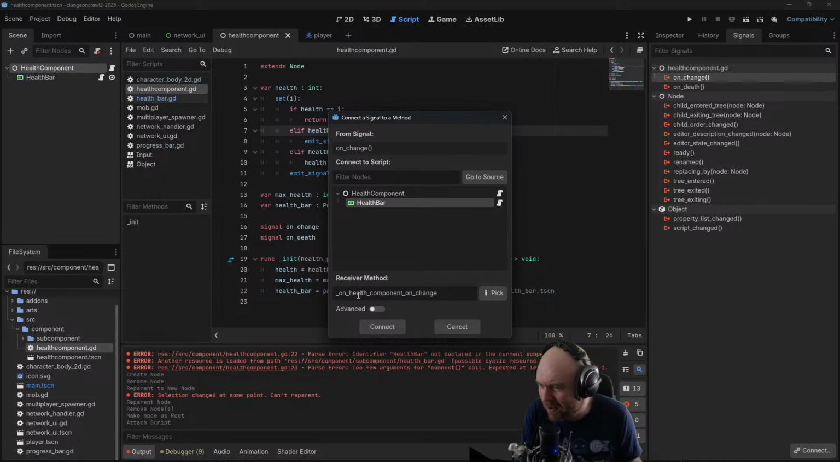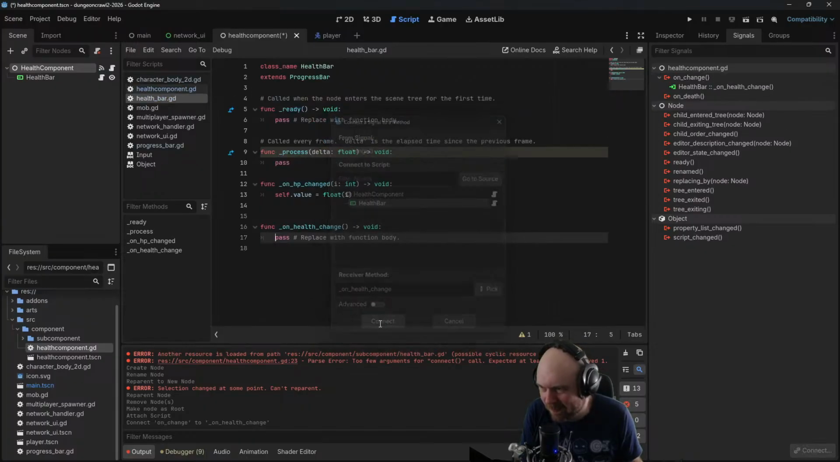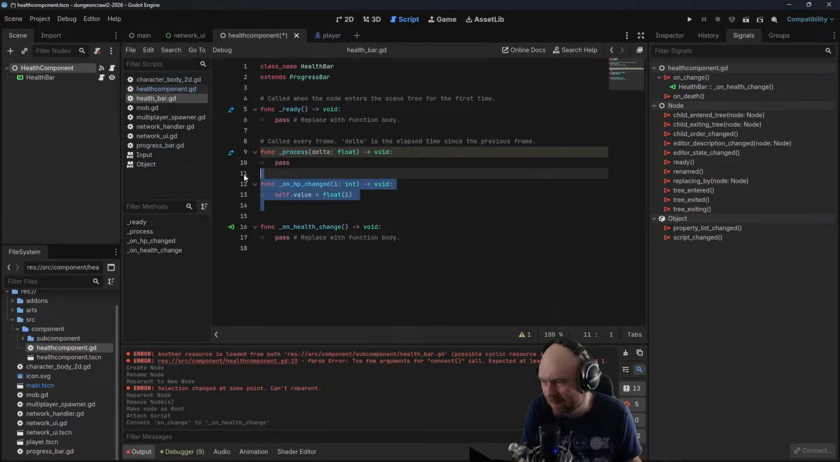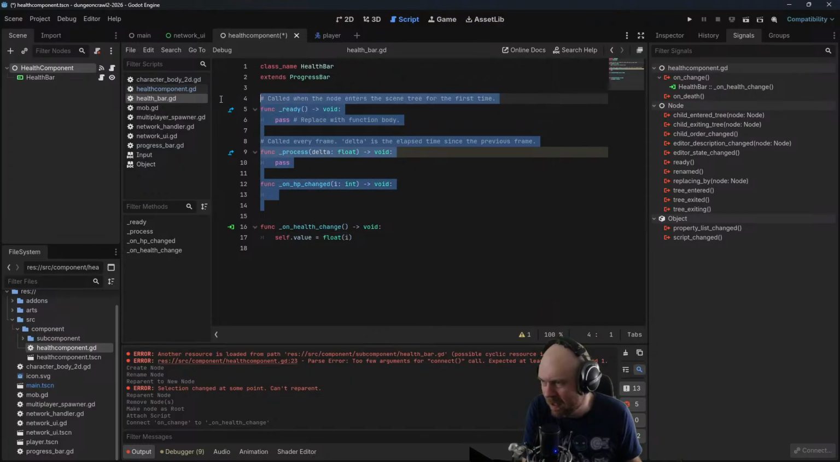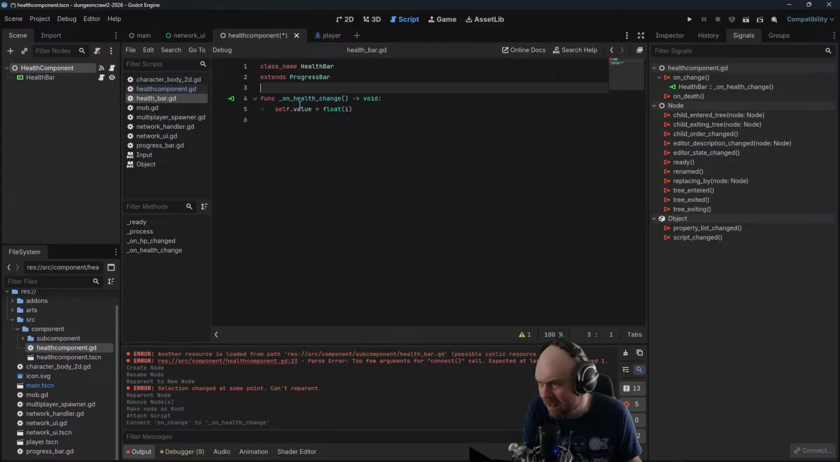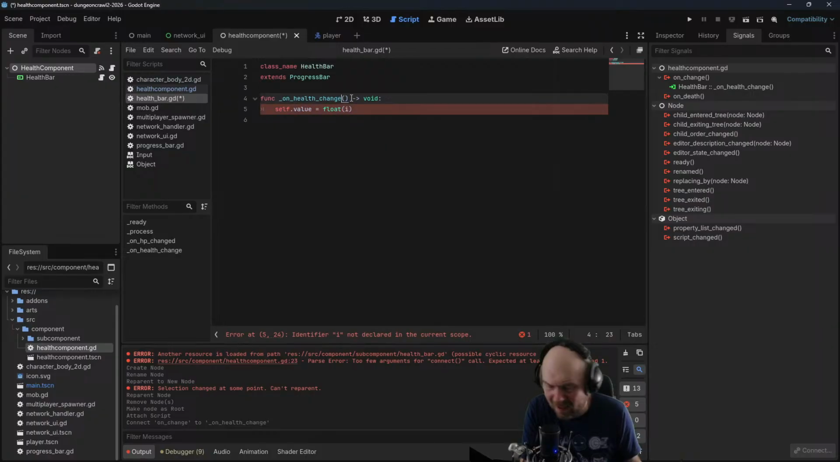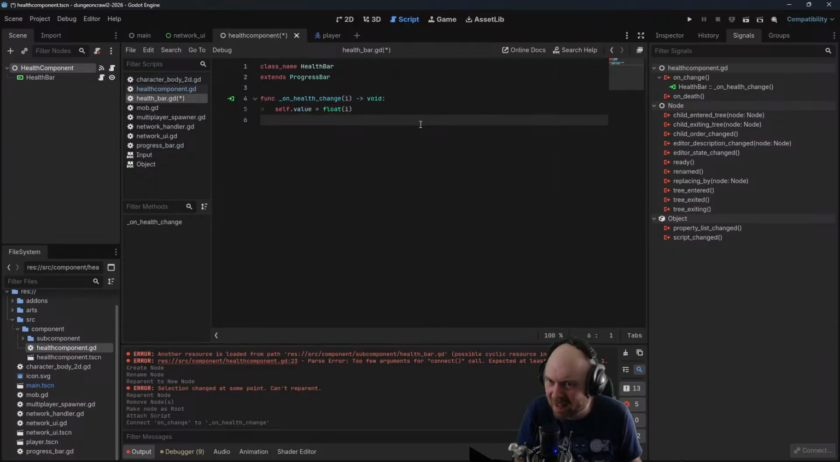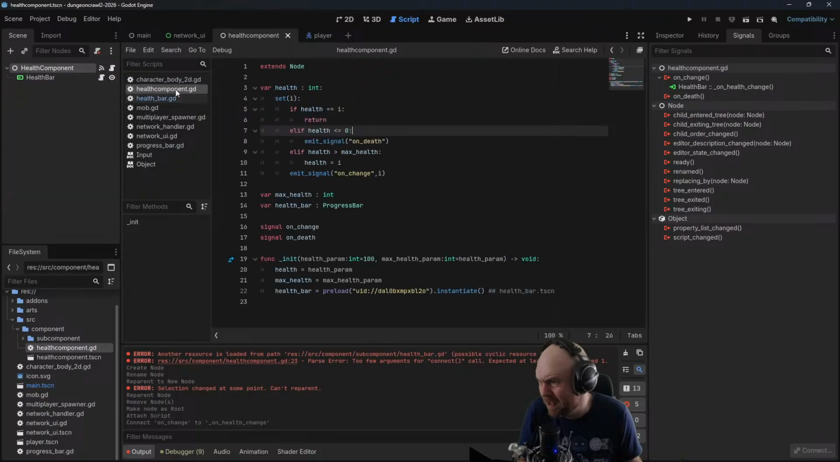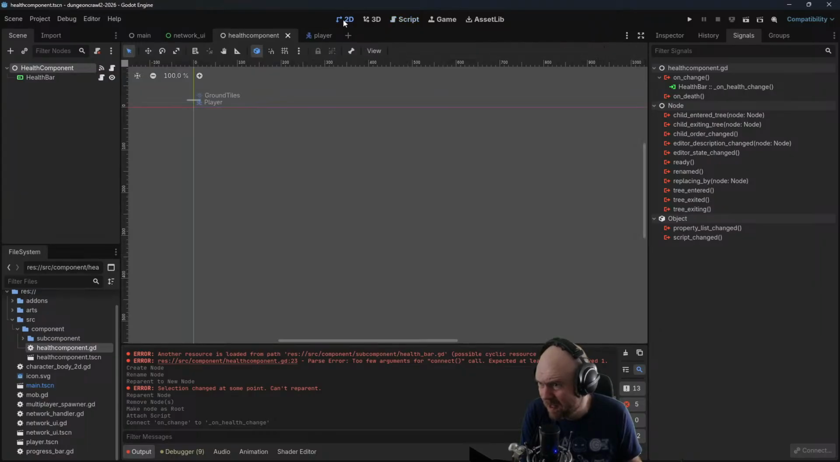On health component on change. Oh, shoot. There we go. We can get rid of the rest of this. We're going to pass in I. Cool. That's it. We did it. We can look at this. There's our